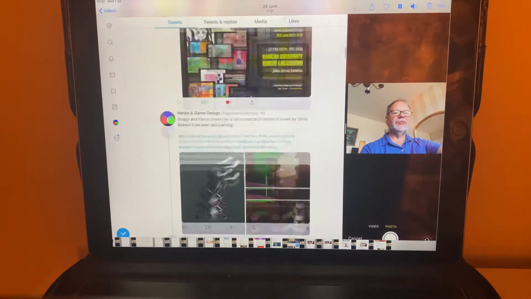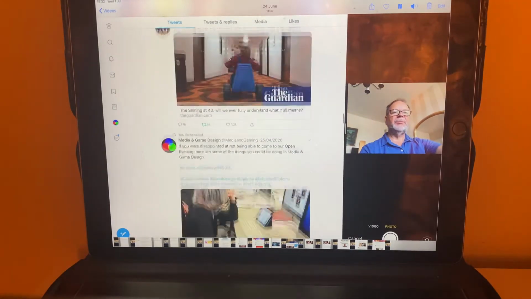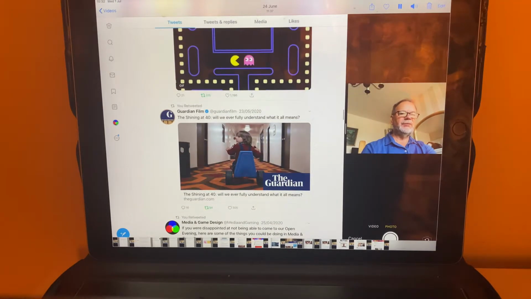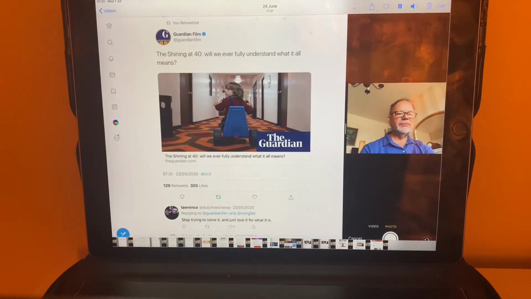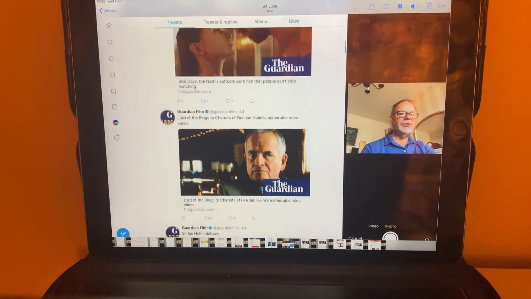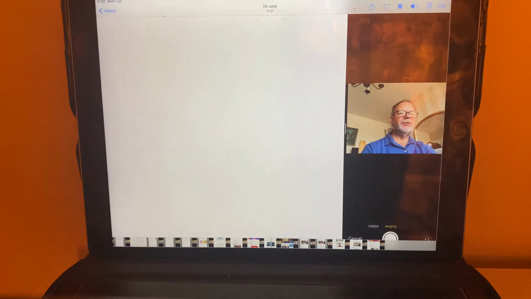So things that have been retweeted, like if we come down here, these are all the ones we've tweeted, but underneath you've got that from E3, Guardian Film. The Guardian Film one for Stanley Kubrick, what I've done on that, it's just Guardian. If you go to the Guardian, they had featured it, and you can retweet that. You can also get a story. So if you go to the actual story,